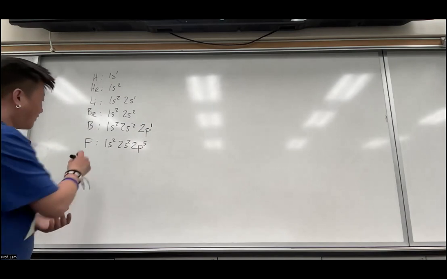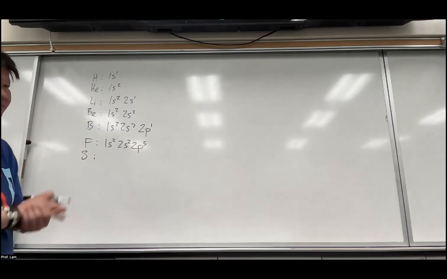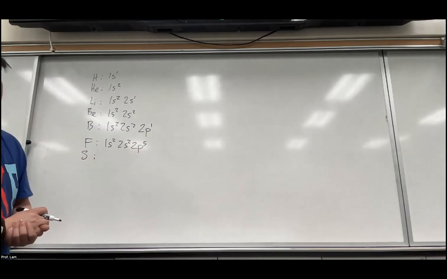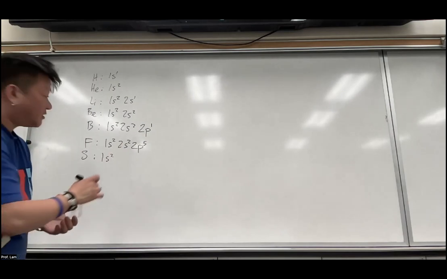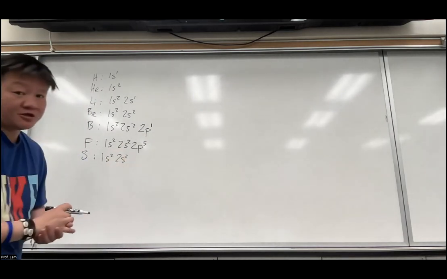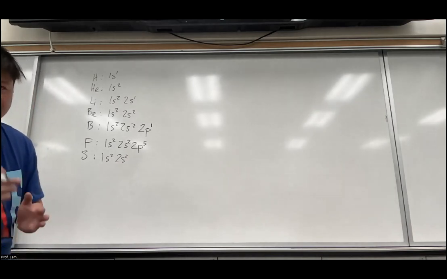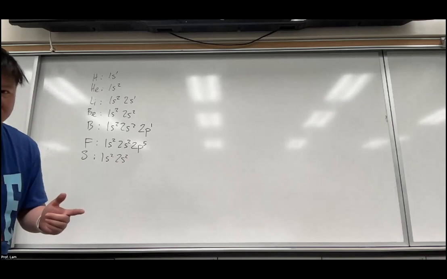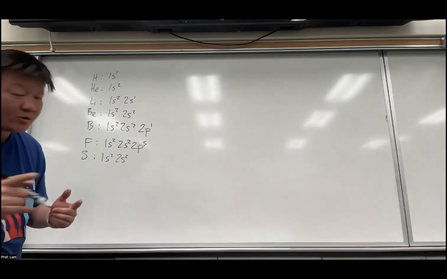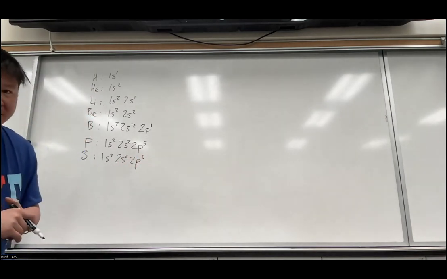Let's go to sulfur. All right, from the beginning. 1s2 gets you to helium. 2s2 gets you to beryllium. And then what's next? Now we're at the p block, so it's 2p. We're going to fill it all the way because we're not anywhere close to sulfur. So we're going all the way to neon. All the way to neon would be 2p6, right? And then after neon is